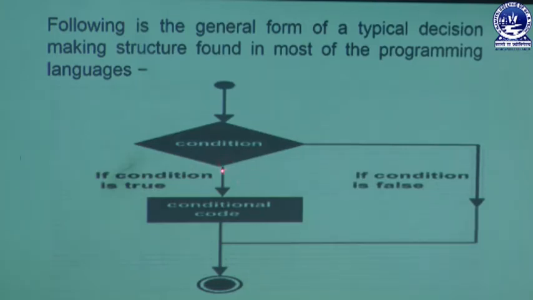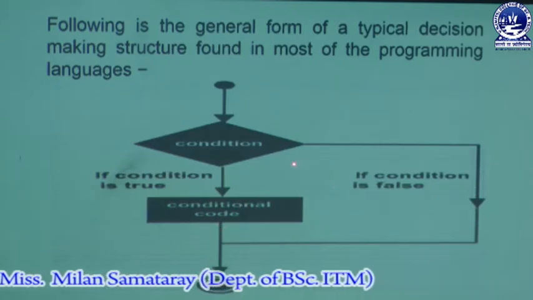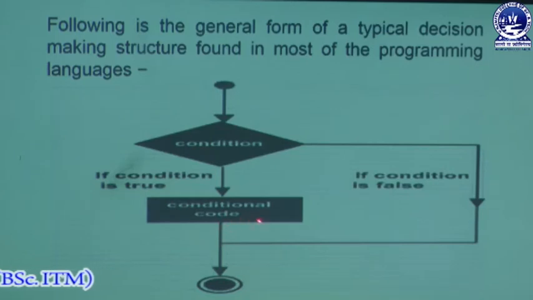And if that condition stays true, or you can say the Boolean expression's result is true, then there are some statements, or conditional codes, which will be executed. And if that condition is false, then the control will be outside of the body of that condition. That means the statements written over here do not come under the condition written here. So if the condition is false, it will be outside of the body of that structure, and then other statements will be executed. So this is a basic flow diagram.